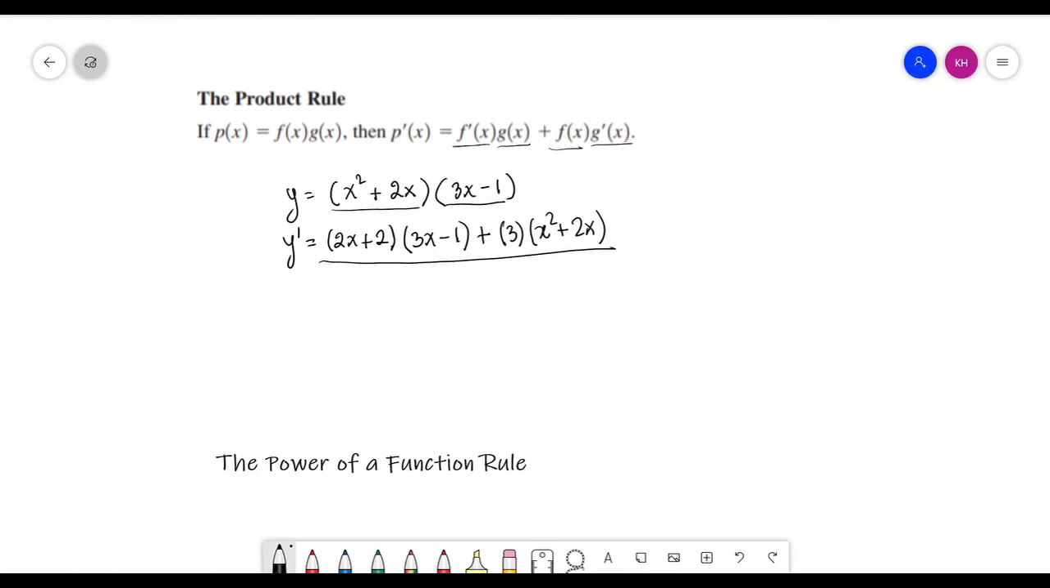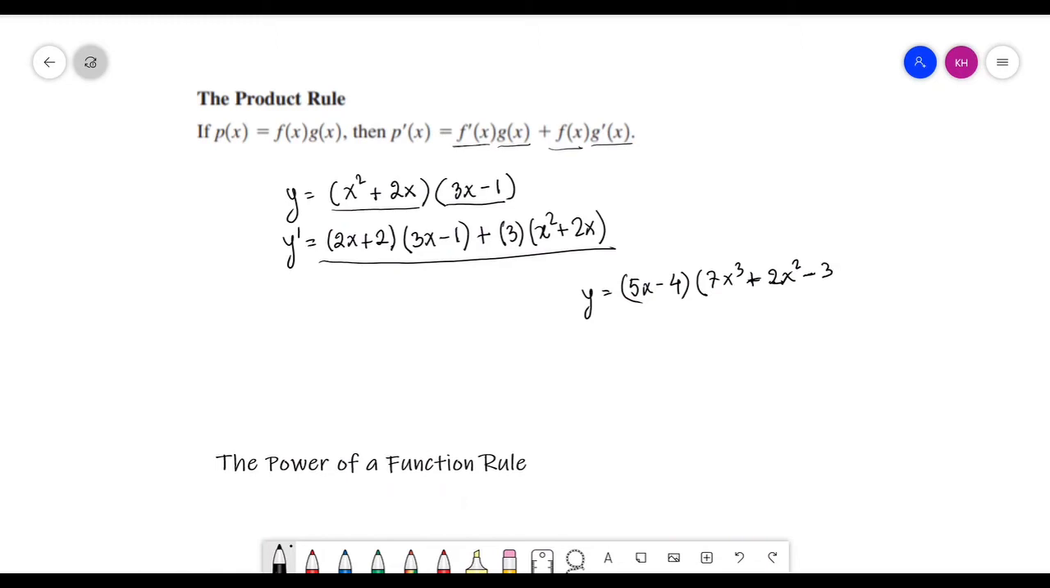So that's how you use the product rule. Now you can simplify this or you can keep it as is. It's up to you. Let's do another example where we have a function y equals to 5x minus 4